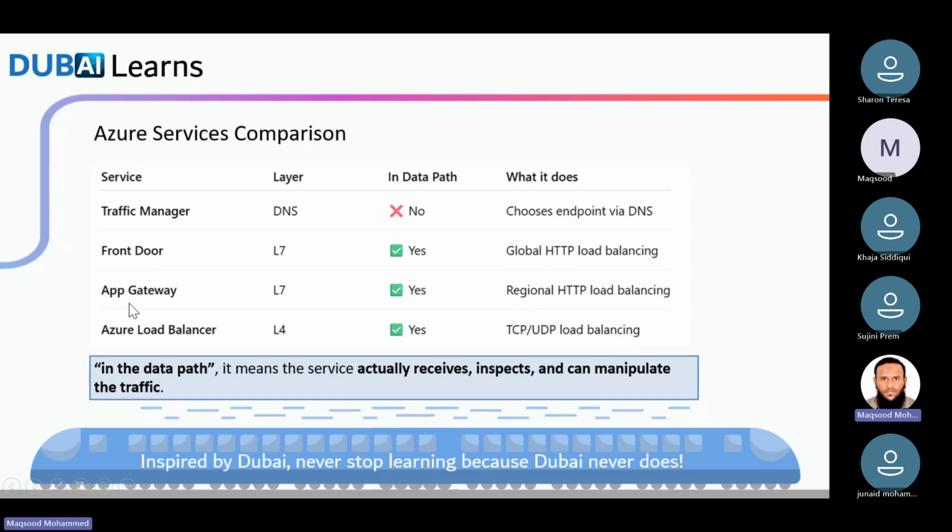And both of these can have WAF, web application firewall, activated along with this configuration. Okay. And traffic managers are based on the DNS. So they choose the endpoint via DNS. So this is the important point you need to understand about these